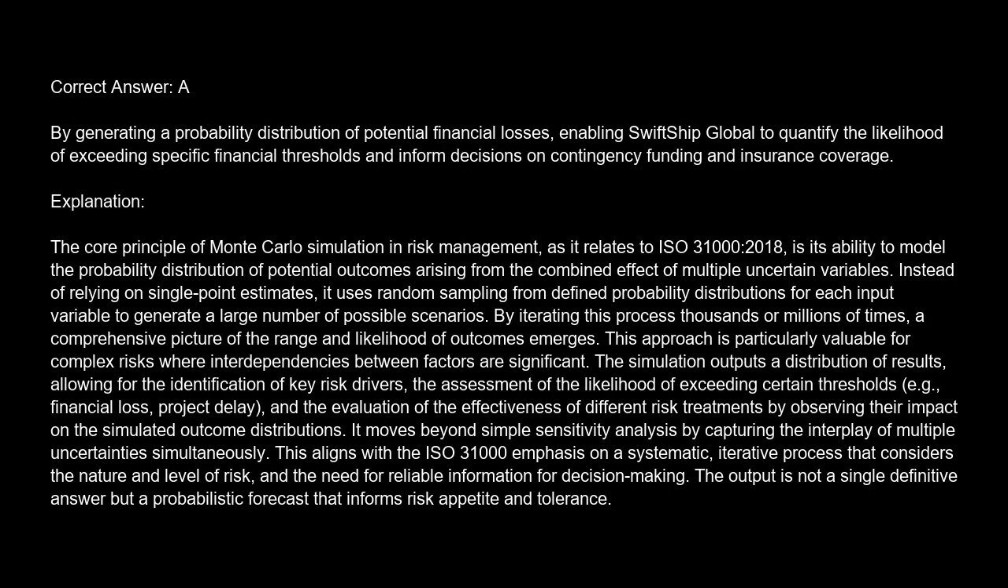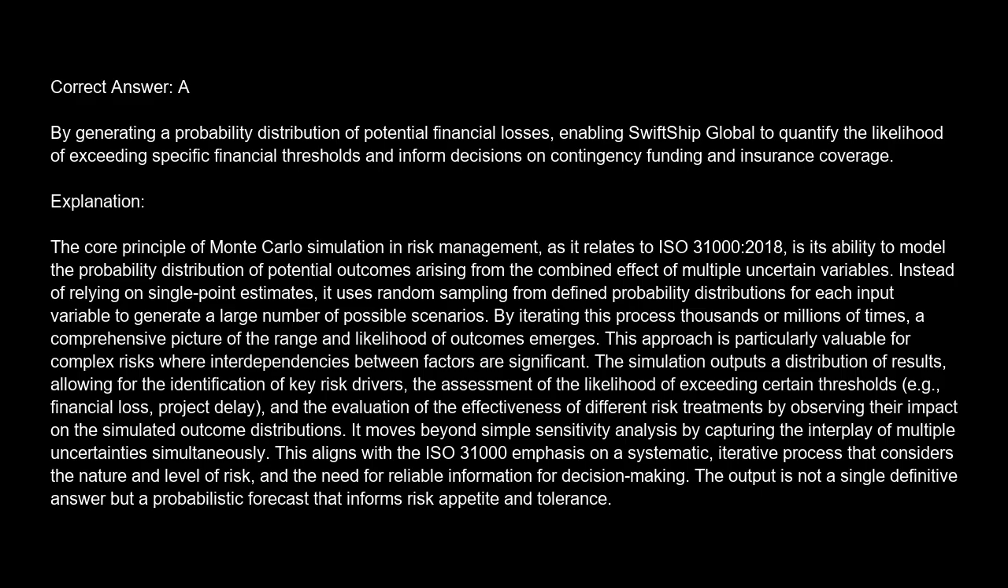The correct answer is A, by generating a probability distribution of potential financial losses, enabling SwiftShip Global to quantify the likelihood of exceeding specific financial thresholds and inform decisions on contingency funding and insurance coverage. Explanation: the core principle of Monte Carlo simulation in risk management, as it relates to ISO